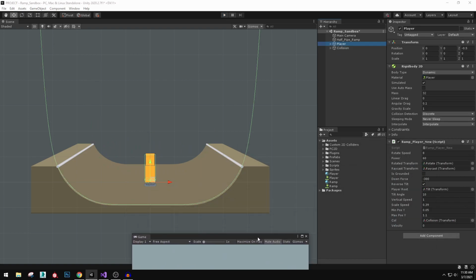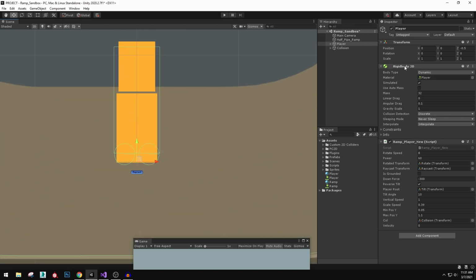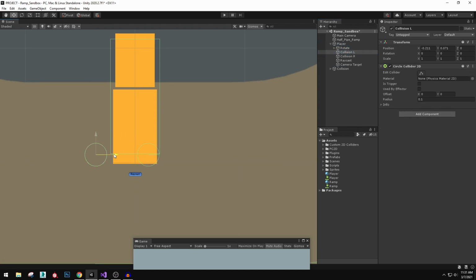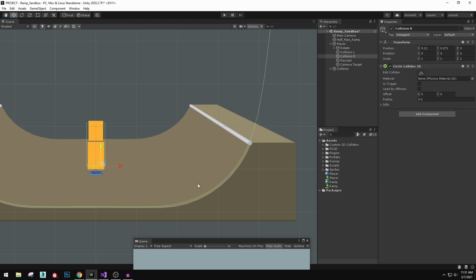As for my player, the player has a rigid body 2D on it with a physics material, player, which is a very low friction material, just so it slides very well. This is the root object of the player. The player has a left circle collider, a right circle collider. They're just supposed to behave eventually, when the prototype moved along further, as wheels in a sense, as the character sort of rotated up this collision spline here